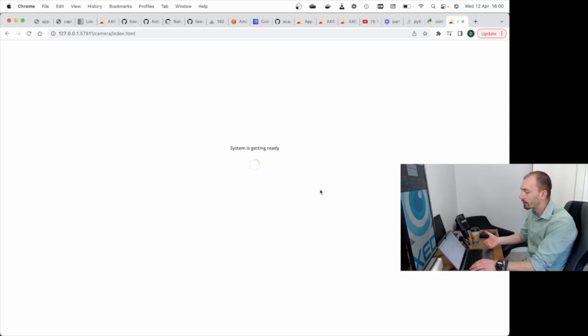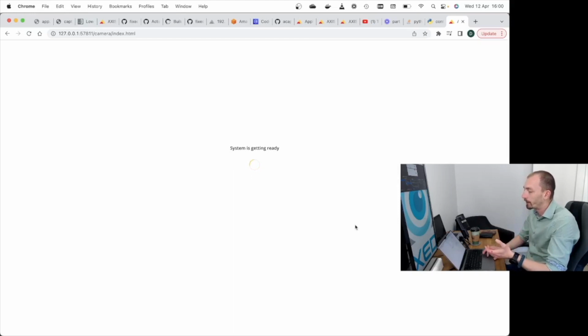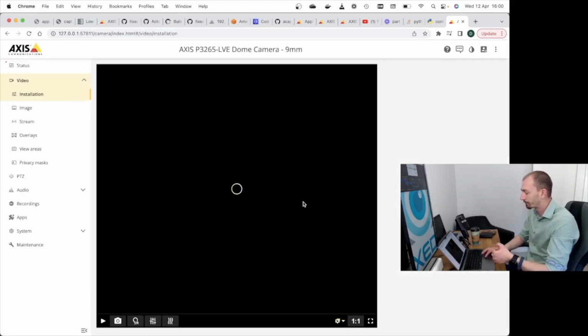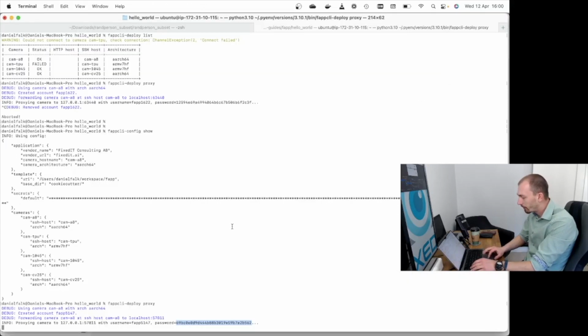And although the proxy command can be used to manually create a proxy forwarding connection to access the camera, we don't need to do that when installing or deploying or running an application. That will be done automatically for us. So we can see here that we have access to the camera. So if I now stop this proxy,